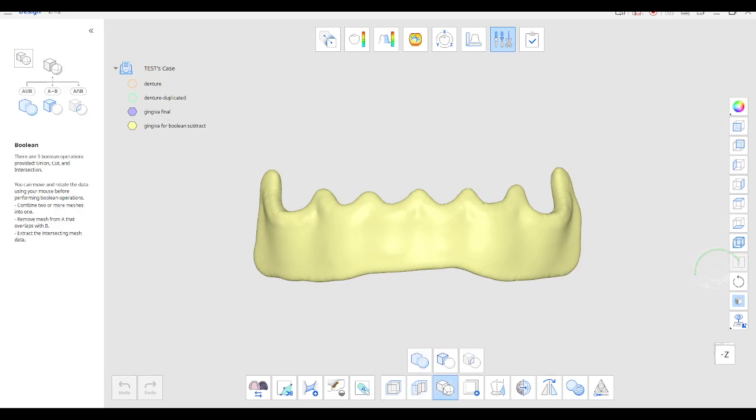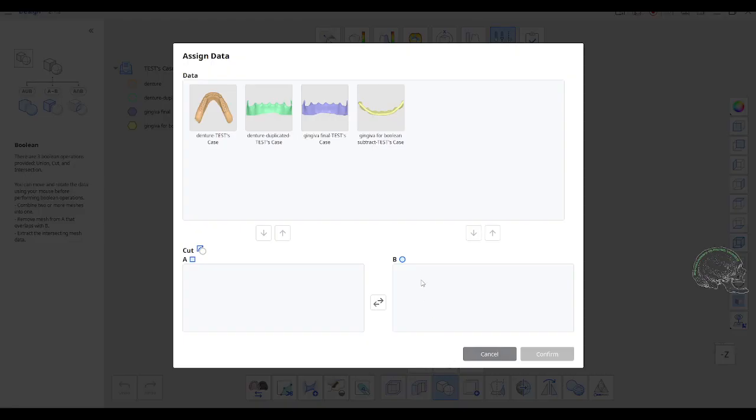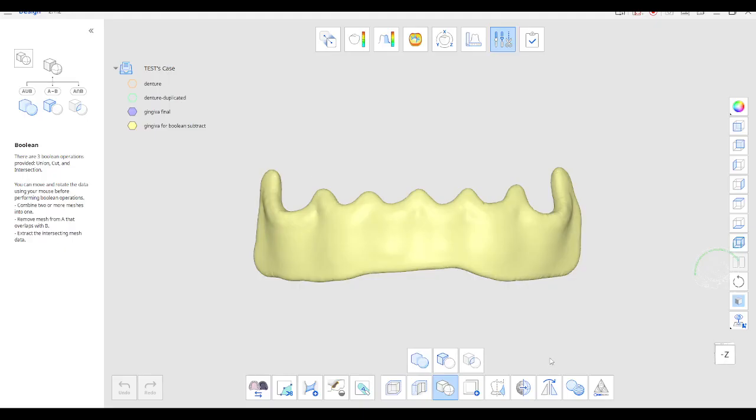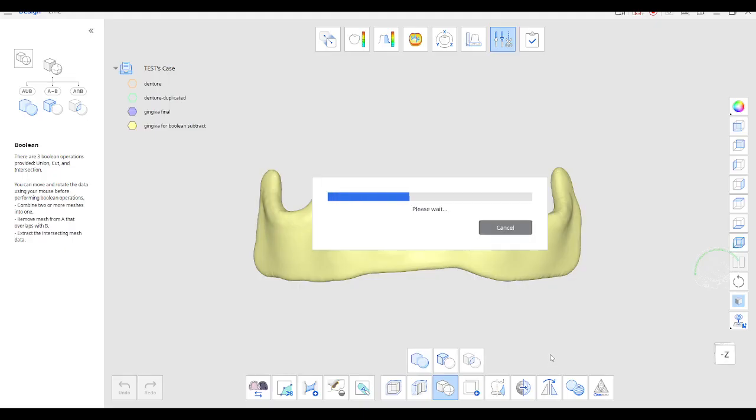right here. So we're going to click it, and we have an option to put it together, which is a union, subtraction, or intersection. So we're going to be using subtraction, removing B from A. Remember this part. When we click it, we have to choose which area we're removing from which. So the gingiva for removal is going to be our B, because we're removing it from A, and our case is going to be the one we're removing from. Okay. So if we click confirm right here,